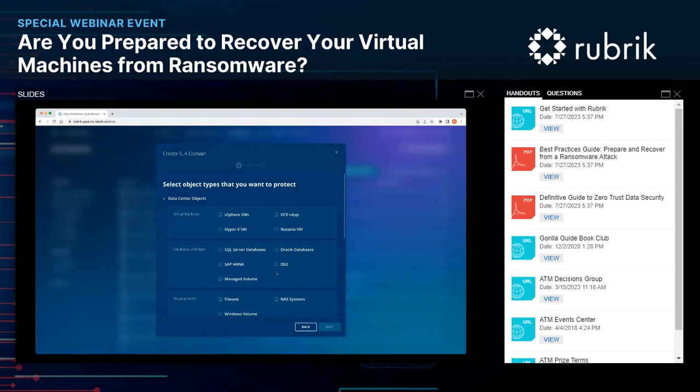To start with, I'm going to select what I'm looking to protect, and I can always adjust this later, but what I select will help determine what, if any, additional screens in the wizard may pop up. So an example would be if I select SQL databases, I'll get a screen about log backups. But if I were only going to back up Nutanix VMs, that wouldn't make sense to show the SQL configuration settings at this point.